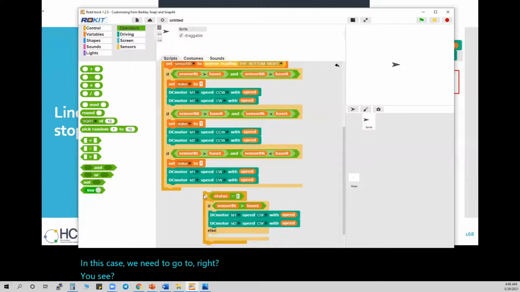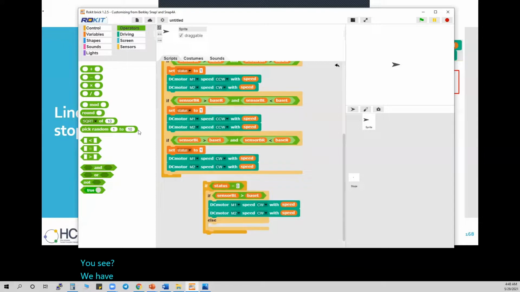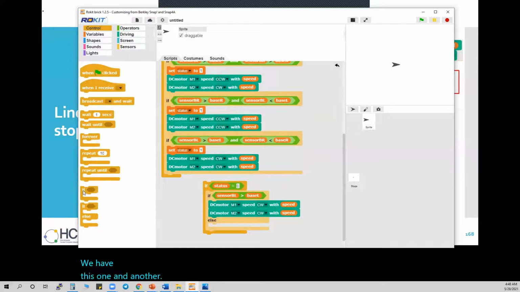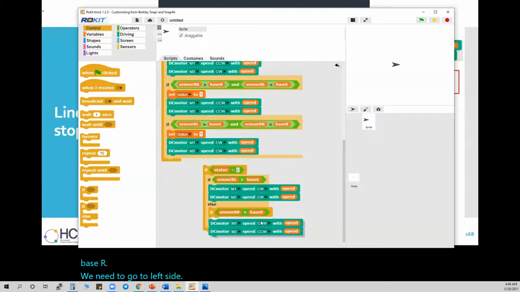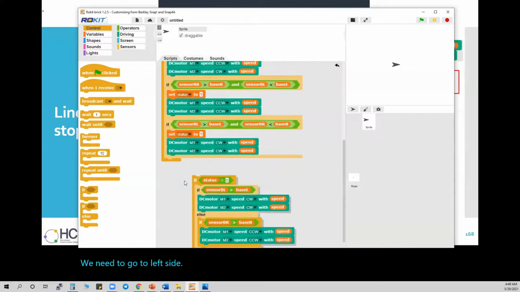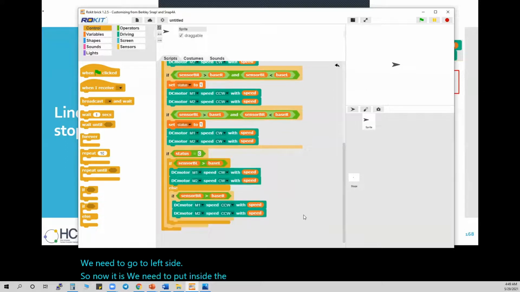You see, we have this one and another if condition we put here, and I can duplicate, and I need to put here, oh, sorry, sensor BR bottom right more than base R. We need to go to left side. So now we need to put inside the loop,